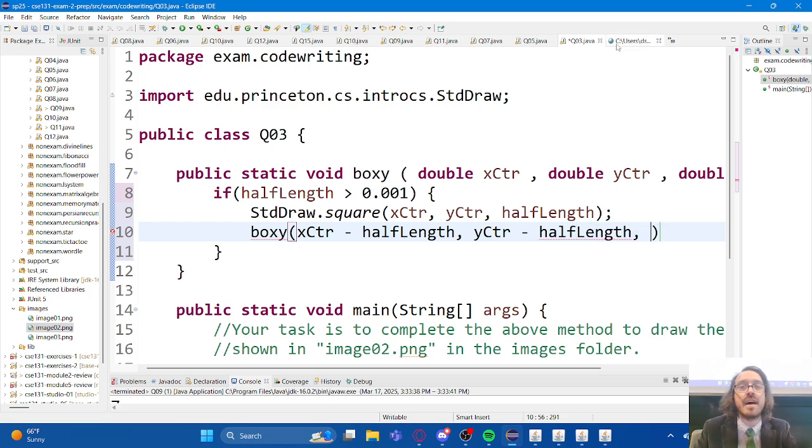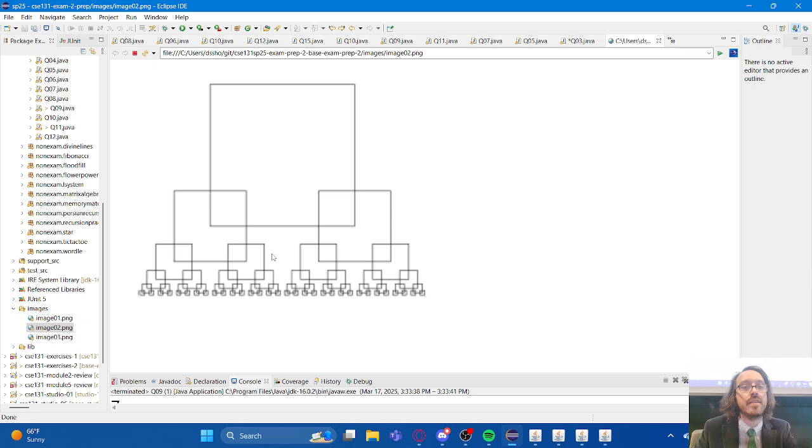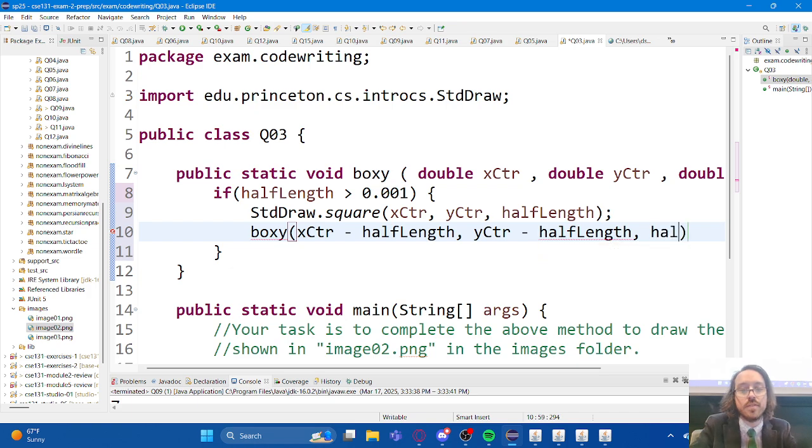And then how does the size change? So from here to here, it looks like I'm dividing the half length by 2. You can see that this half length is about a quarter of this. So here's the original half length, and then here's the new half length, and this one looks to be about half the size, right? From here to here is about half the distance from here to here. So if we divide that half length over 2,